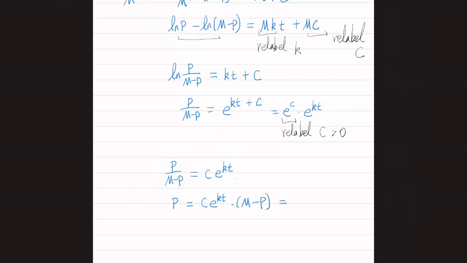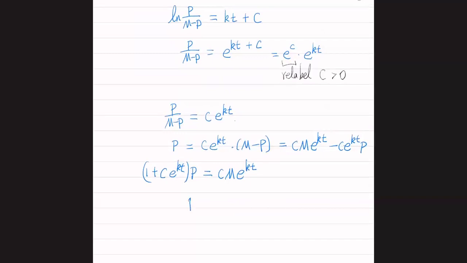You distribute and then you subtract, and then you add P times C e to the kt on both sides, and then factor out P. So P will be